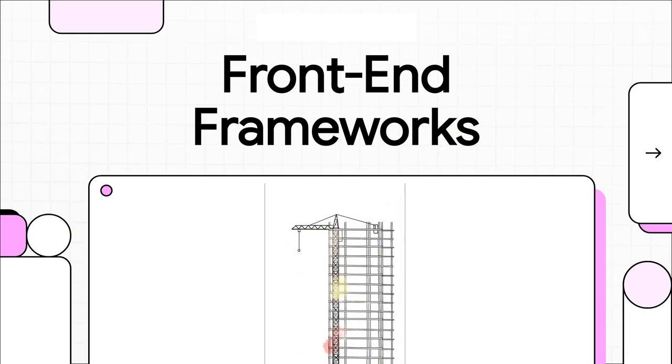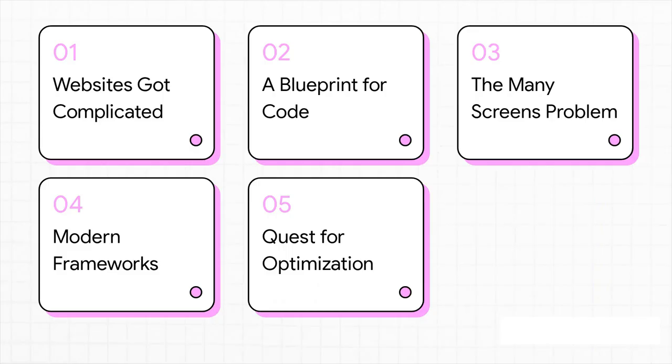Ever wondered what's actually holding together the complex, interactive websites you use every single day? Well, today, we're pulling back the curtain on the invisible architecture of the modern web, front-end frameworks. So here's our roadmap. We're going to trace the story of how web development went from total chaos to this super organized process, hitting new problems at every turn, all of which led to the incredible tools developers are using